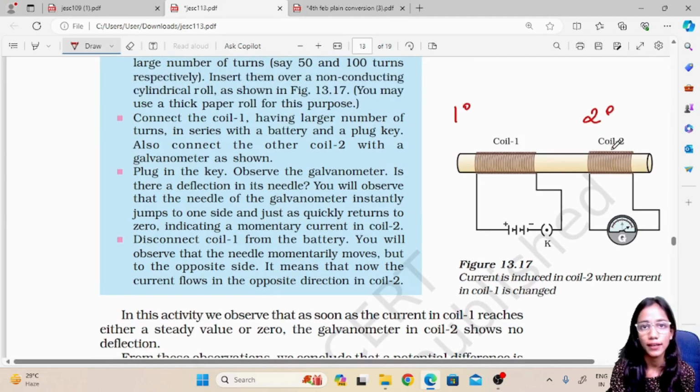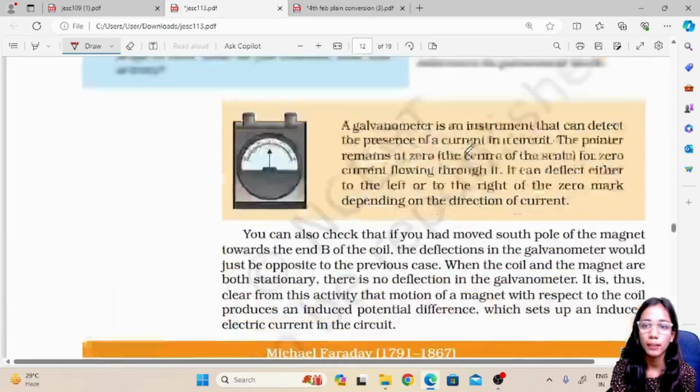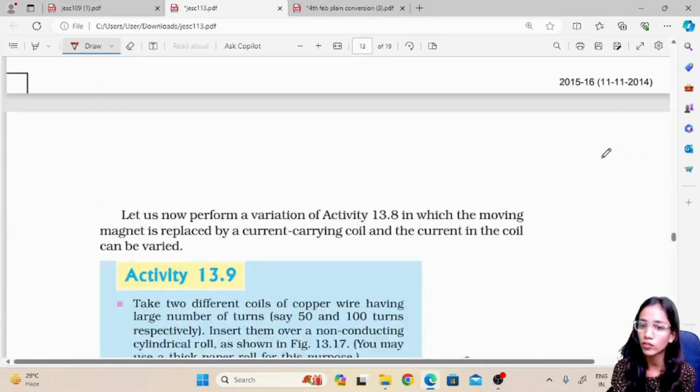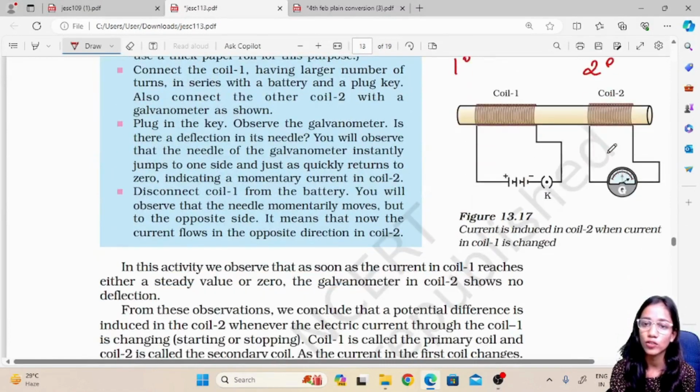Now why did current get induced? We have seen that over here the magnetic field is inducing current, right? But over here we have an electric coil. How is the electric coil producing a current in the other coil? This is because this coil is producing